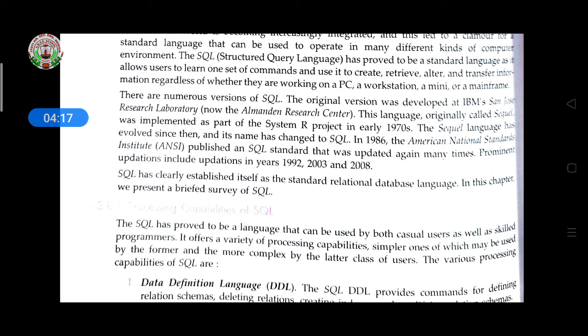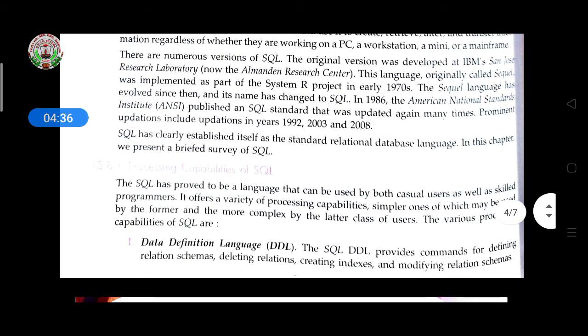In 1986, the American National Standards Institute, that is ANSI, published an SQL standard that was updated again many times. Prominent updates include those in 1992, 2003 and 2008. SQL has clearly established itself as a standard relational database language. In this chapter, we present a brief survey of SQL.